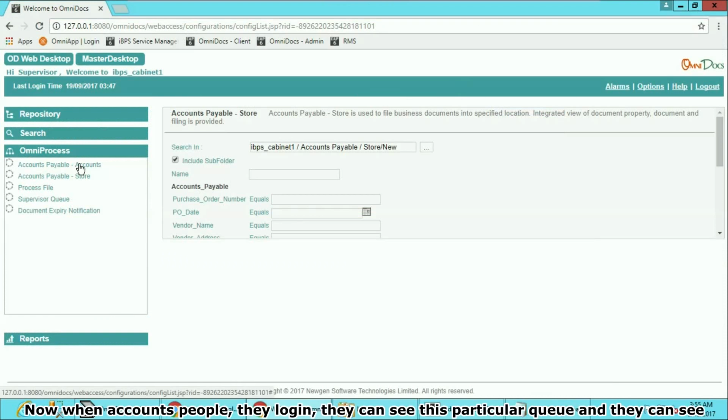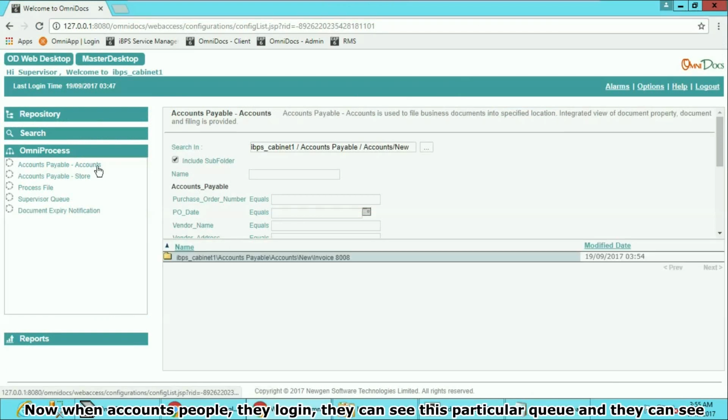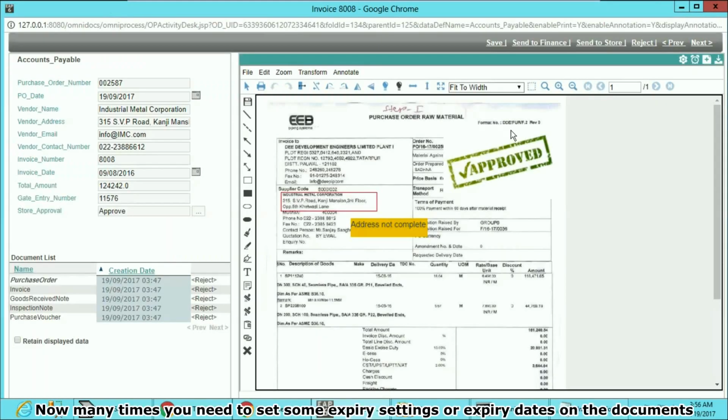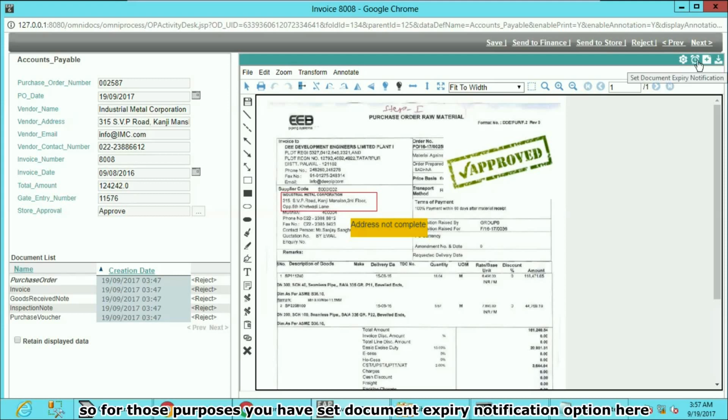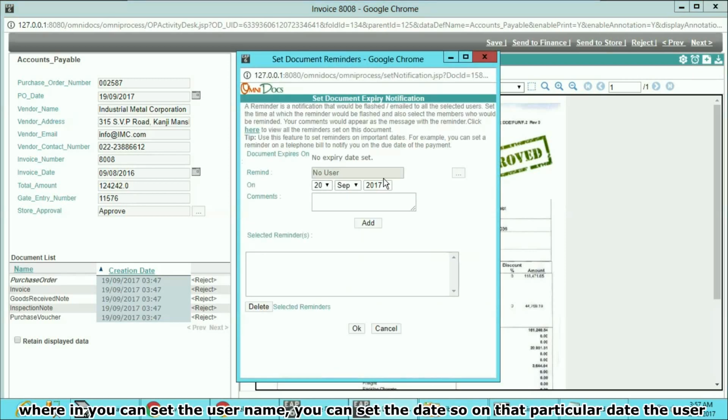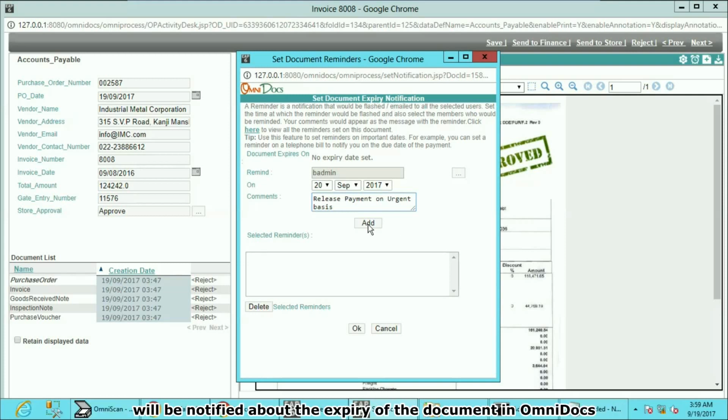Now when accounts people log in, they can see this particular queue and they can see this invoice which is pending for their approval. Now many times you need to set some expiry settings or expiry dates on the document so that the correct actions can be taken within time. Maybe you need to file tax or you need to make some payments to the vendors. So for those purposes you have set document expiry notification option here, wherein you can set the username, you can set the date. So on that particular date the user will be notified about the expiry of the document in